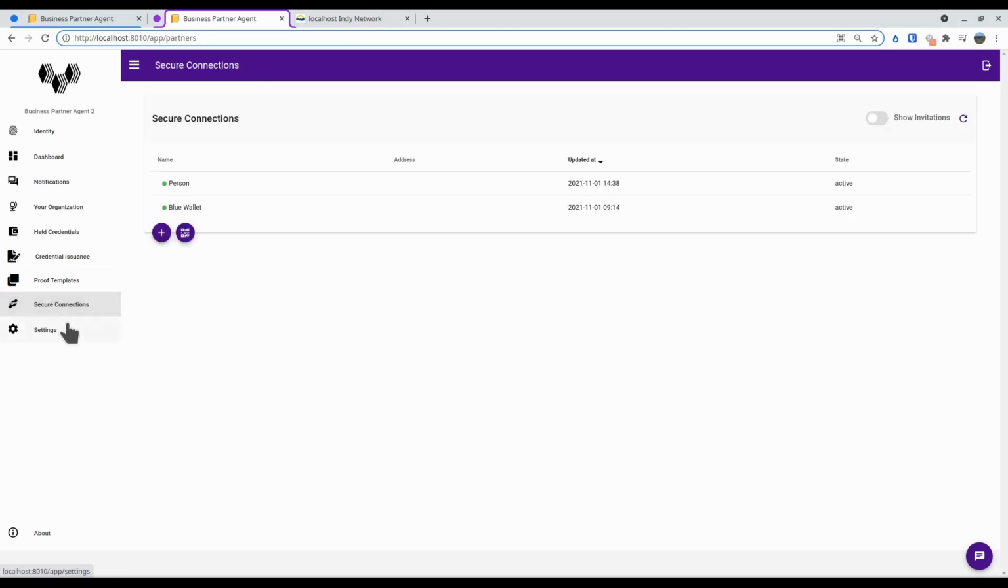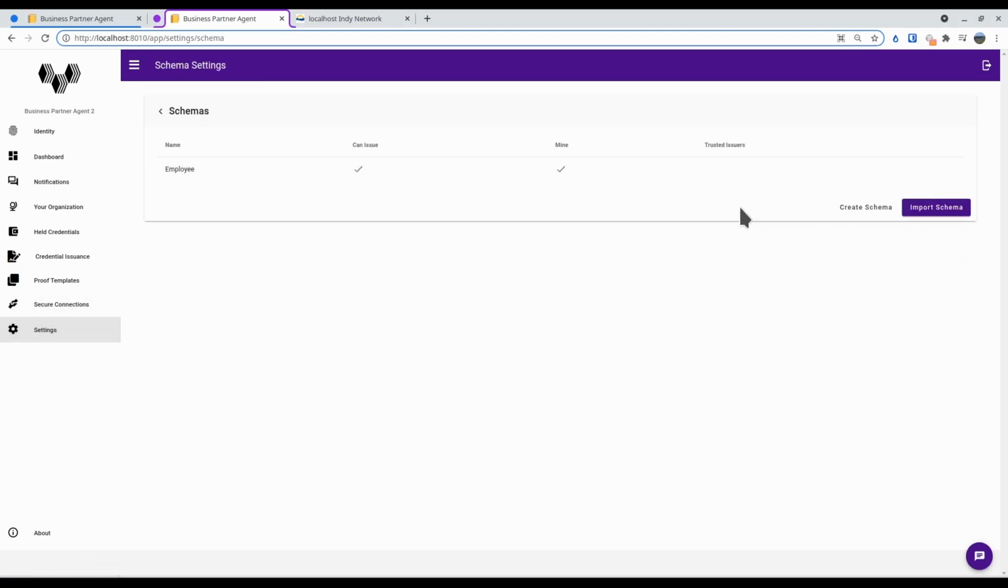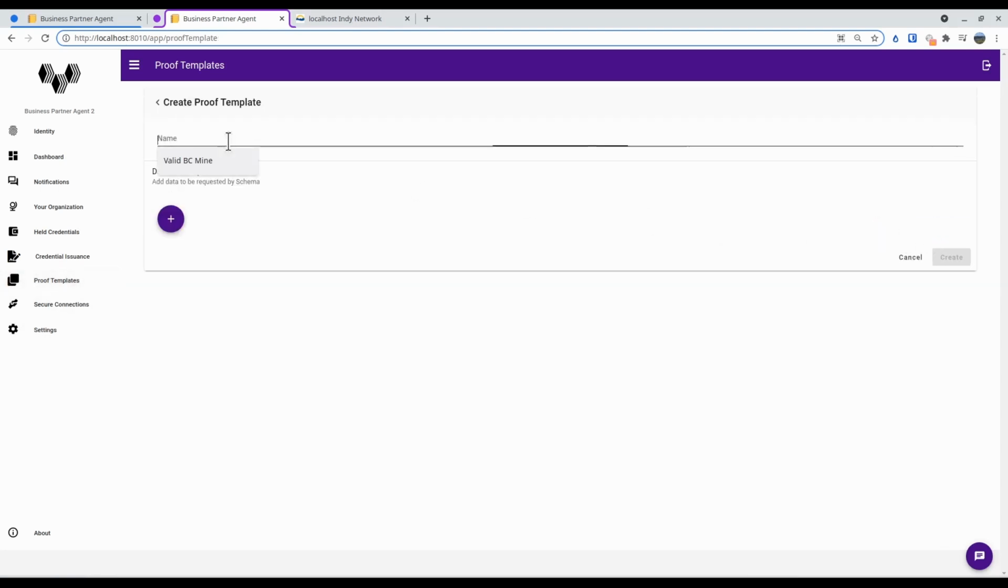A prerequisite for this is that for any schemas you wish to request, you will have gotten the DID and the transaction and be able to import that. So here we have the employee credential, and we're going to make a proof request template that leverages that schema. So we're going to create a proof request template. It's going to be employee check, and we're simply going to prove that they'll only need to present their